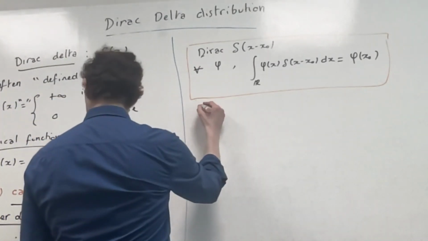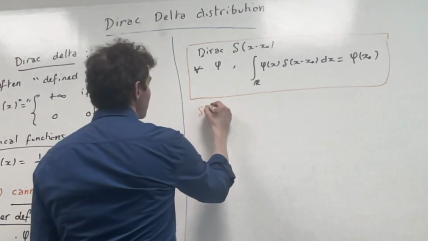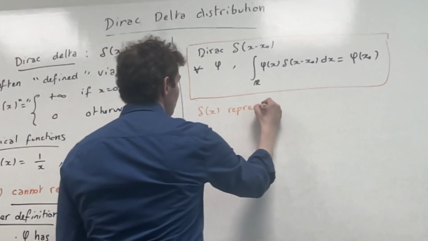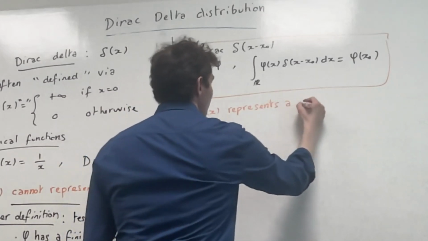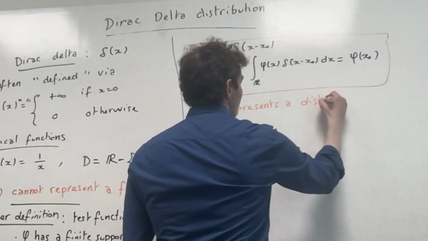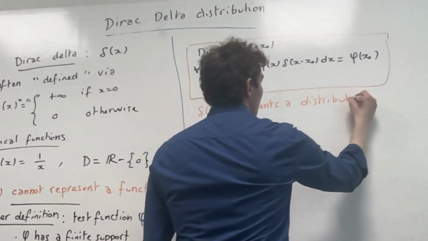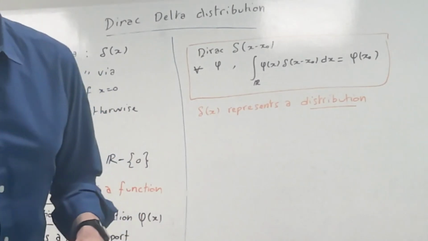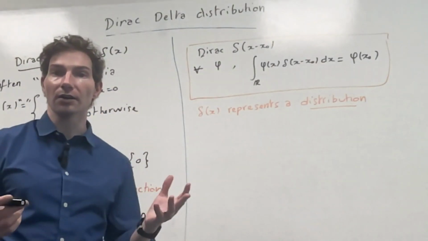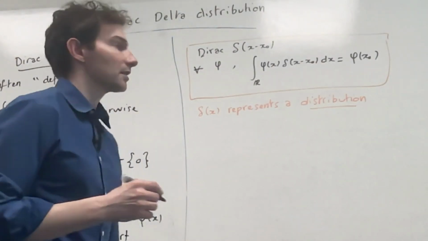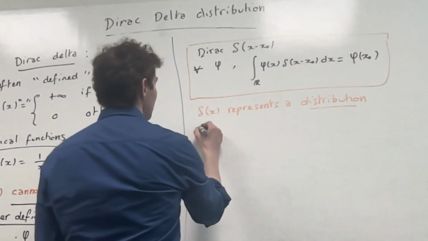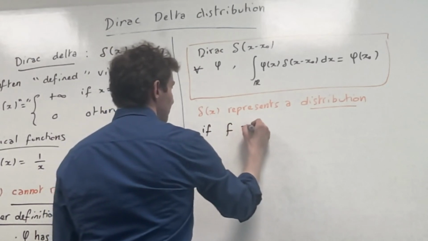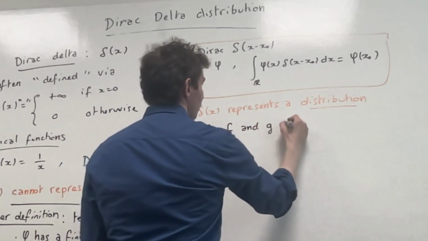So delta represents a distribution, in the sense of Schwartz, and what that means is that if f and g are two distributions,